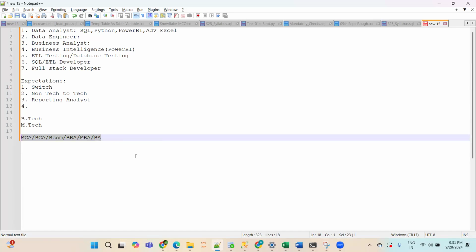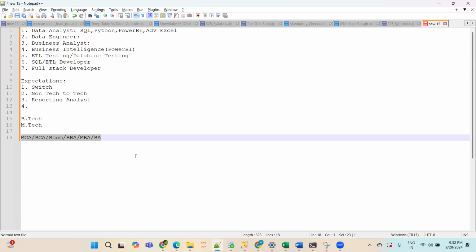Now the question is, I have 9 or 10 years of experience in an entirely non-technical field. In those cases, you have to carefully work on your resume. Your resume should reflect that you have worked as a data analyst. If you have 9 years of experience, don't tell your interviewer that you have not worked as a data analyst. Then you will be in trouble, because they will consider you a fresher and give you a fresher's salary.